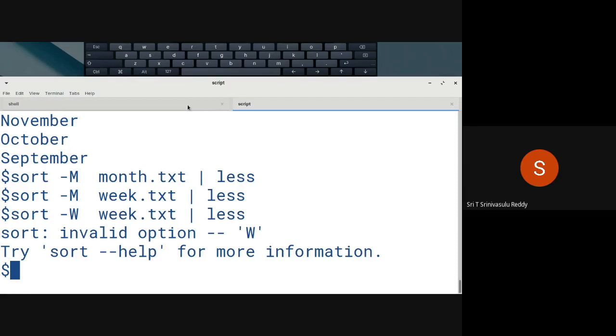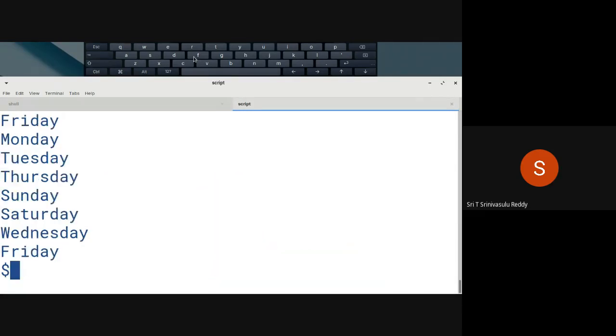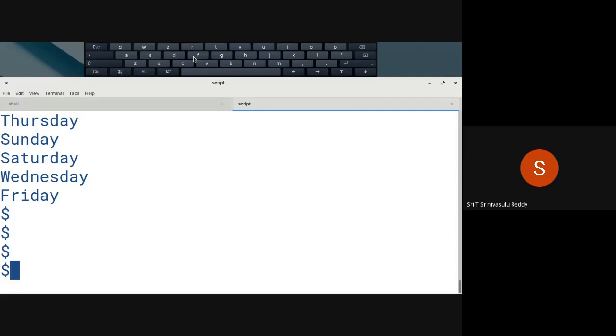So essentially, this is what it is doing. If you want to display the contents of the same file 2 times, you can always give it twice. No issue. So for example, like this, and again like this, 2 times. Then it displays the same contents once, and again for the second time also. Friday, Monday, Tuesday, and so on. Friday is the ending part there, and again it is starting with another Friday. So it does that 2 times.